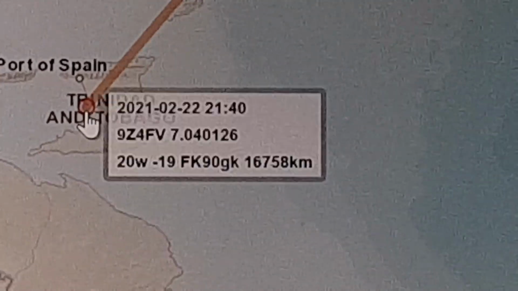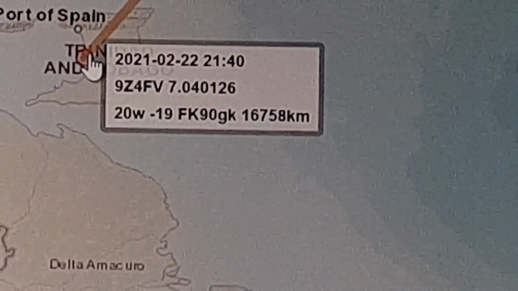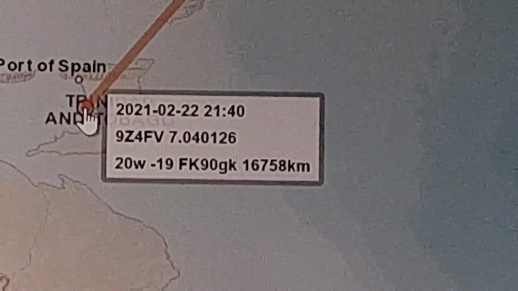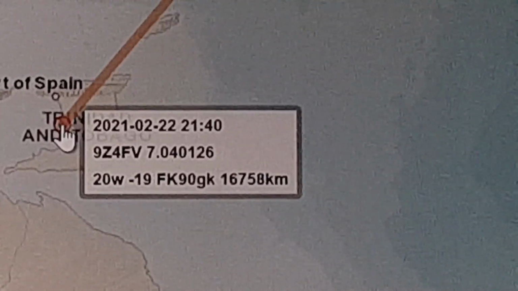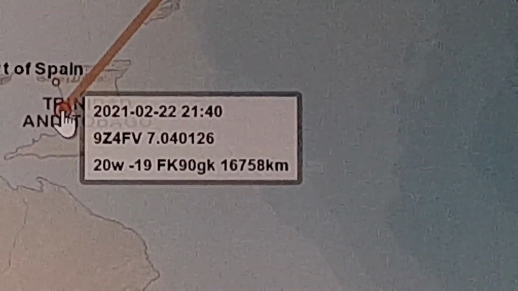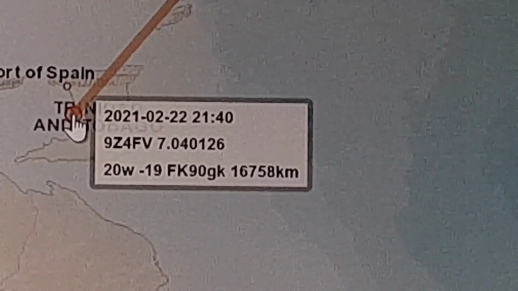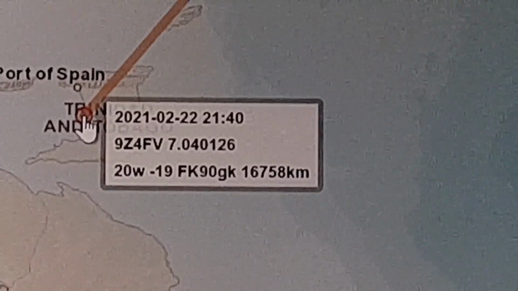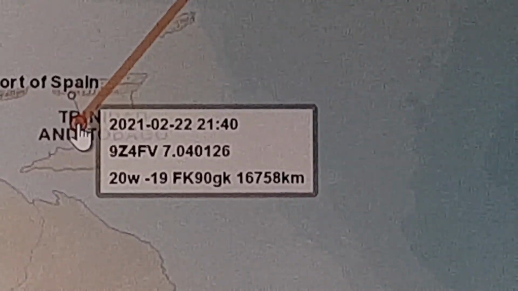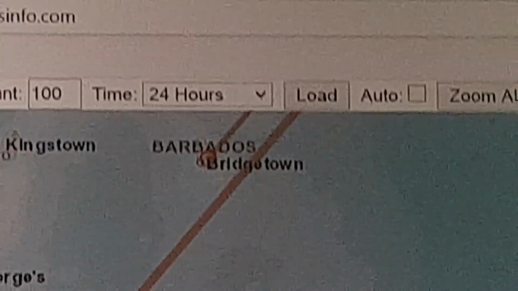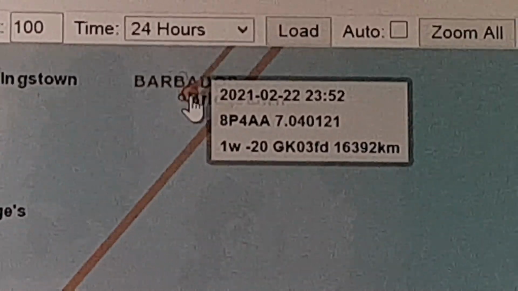I can just zoom in on it. So if I put my mouse over that, you can see that the station name was 9Z4FV. That's 7.040126 megahertz, and he was outputting 20 watts, and he came 16,758 kilometers. However, we nip up here a bit to Barbados, which is a similar path length,